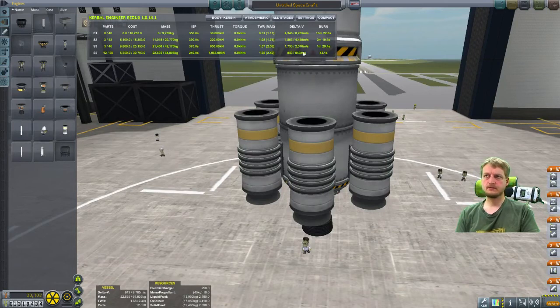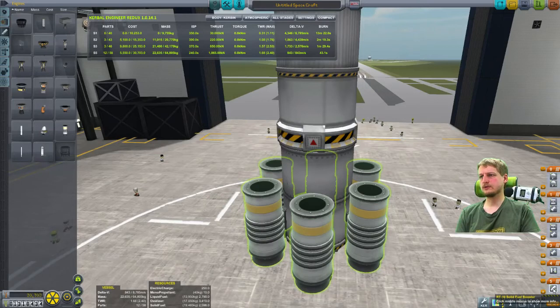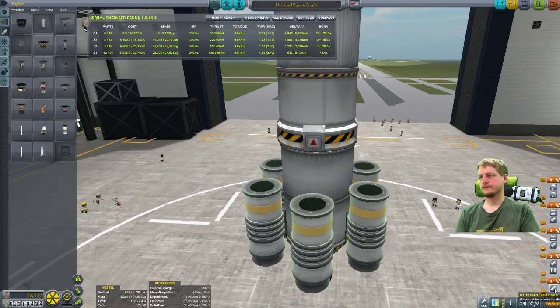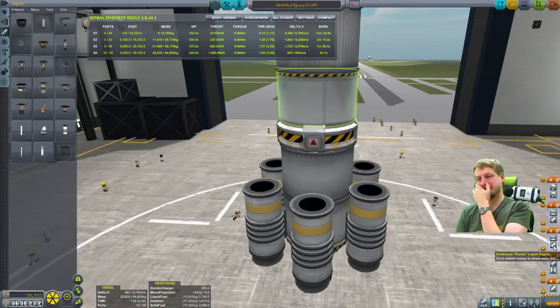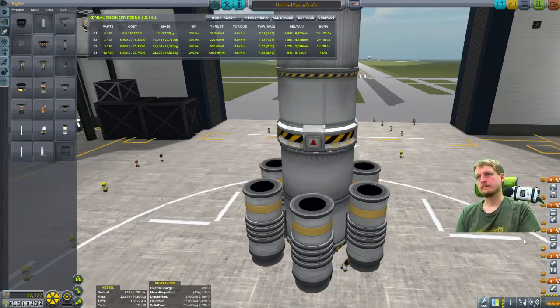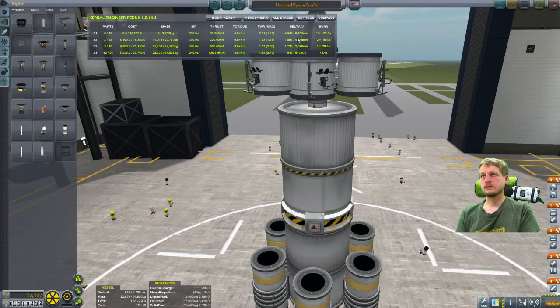4.4 thousand. Yeah, this is getting to the atmosphere. First stage boosters, second stage this thing, third stage the poodle. Yeah, wait a moment. Poodle. But poodle is supposed to make it to the moon, not to the atmosphere. The last stage has...